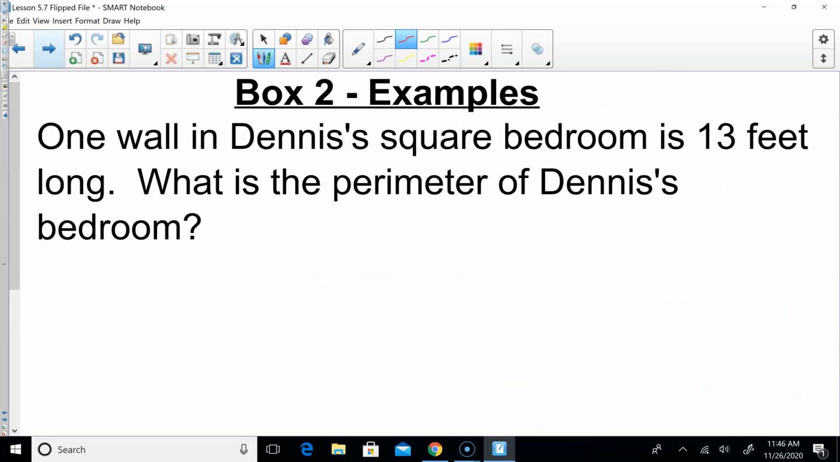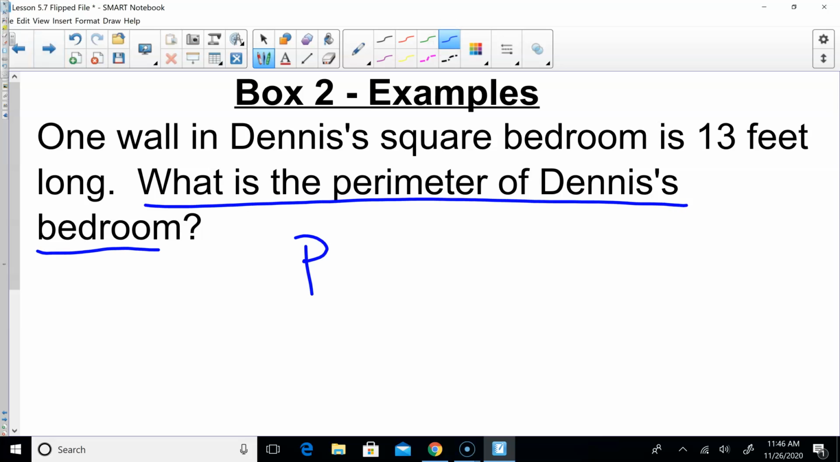So one wall in Dennis's square bedroom is 13 feet long. What is the perimeter of Dennis's bedroom? Let's see. One wall in Dennis's square bedroom is 13 feet long. What is the perimeter of Dennis's bedroom? Well, let's start off with this. We're trying to find the perimeter, which means I need to put my equation P equals L plus W plus